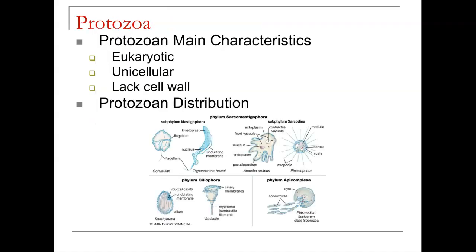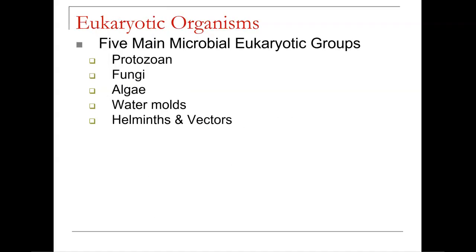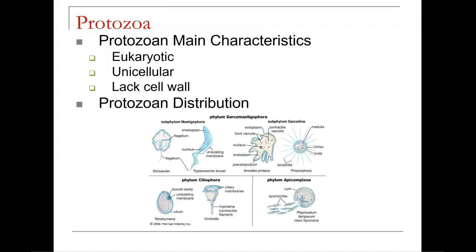So with this, we're going to have our 5 main microbial eukaryotic groups. We're going to discuss the protozoans, the fungi, algae, water molds, and helminths and vectors. So starting out with our protozoans. The protozoans' main characteristics are that they are eukaryotic, they're unicellular, which means they're made up of one cell, they lack a cell wall,